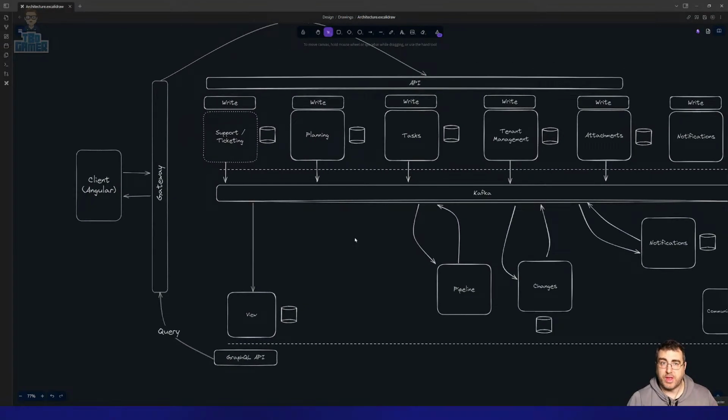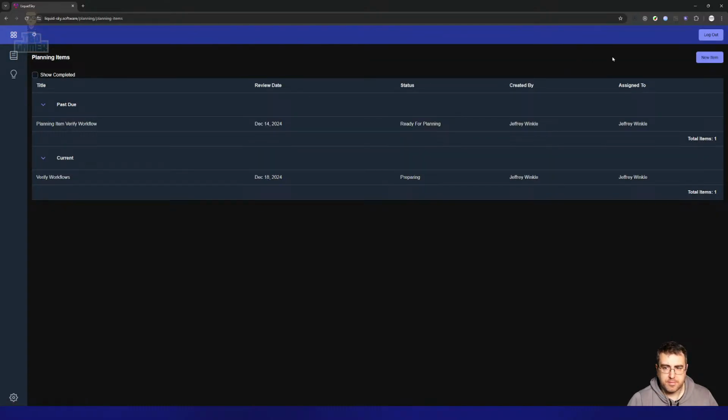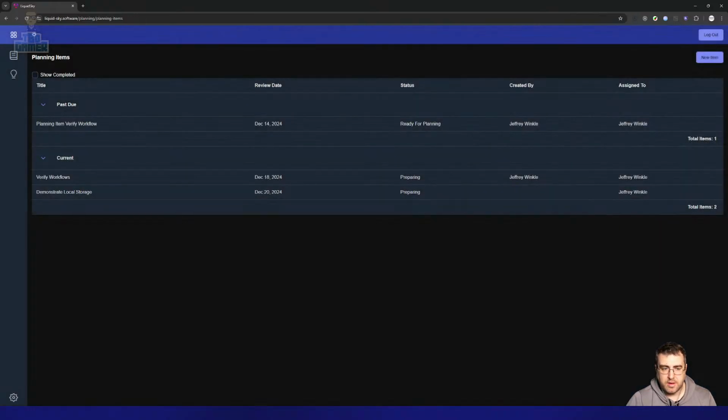There is a local data store that I do insert data into. So if I go to planning item, you'll see that work a bit better. I go new item, demonstrate local storage. This should appear almost immediately. 12, 20, 2024, assigned to Jeffrey. So you see that assigned,